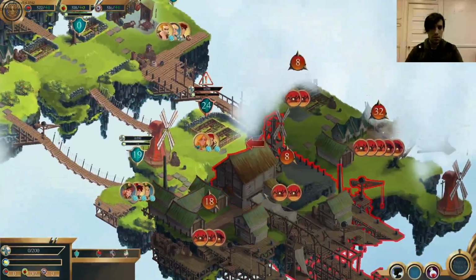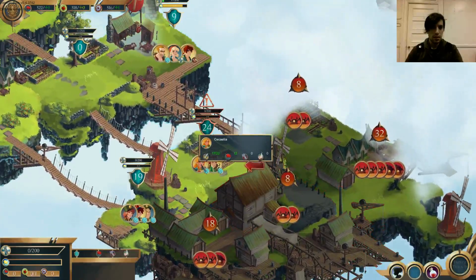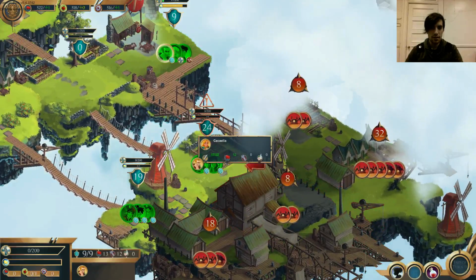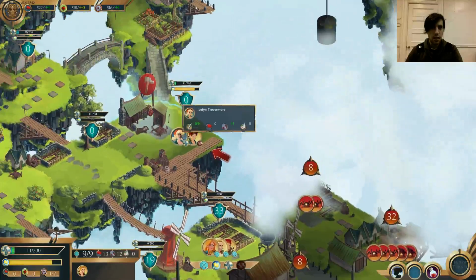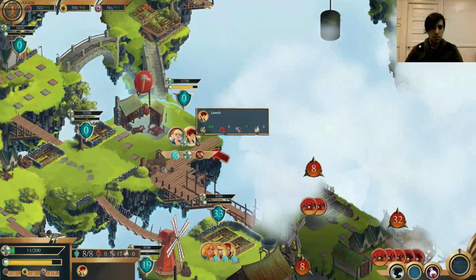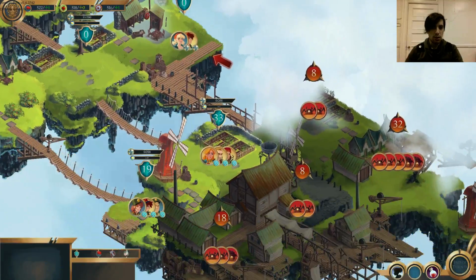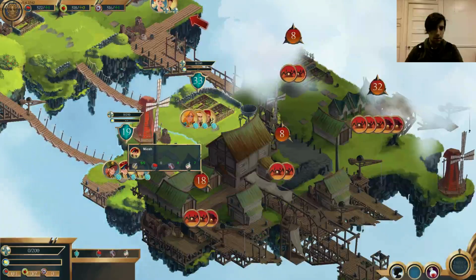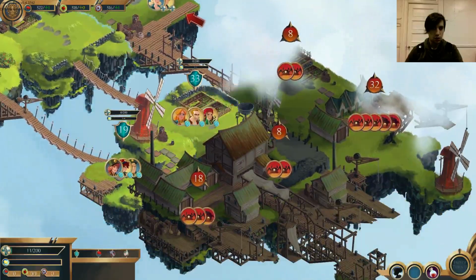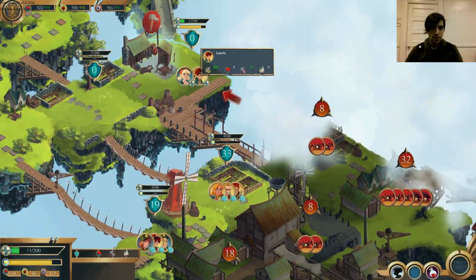Okay, let's see, how do I do that? Okay, so I'll garrison here. Do I have? Yeah. Okay, I have fortifications. So what I'm going to do is fortify even more. Here I'm going to stand guard. And let's see. Actually I'm going to...